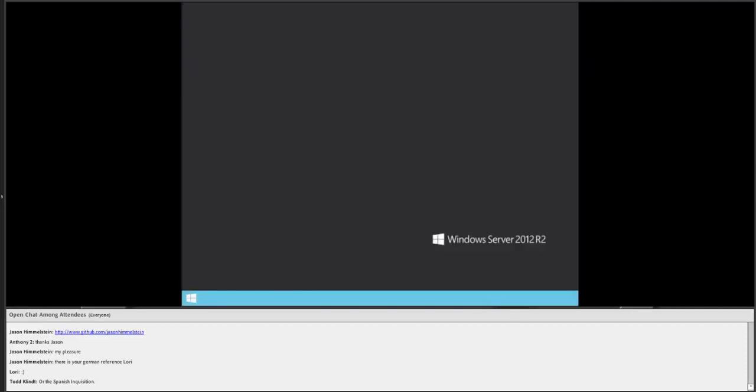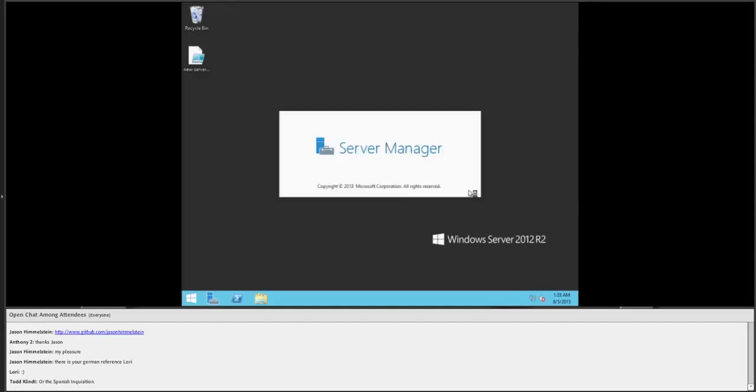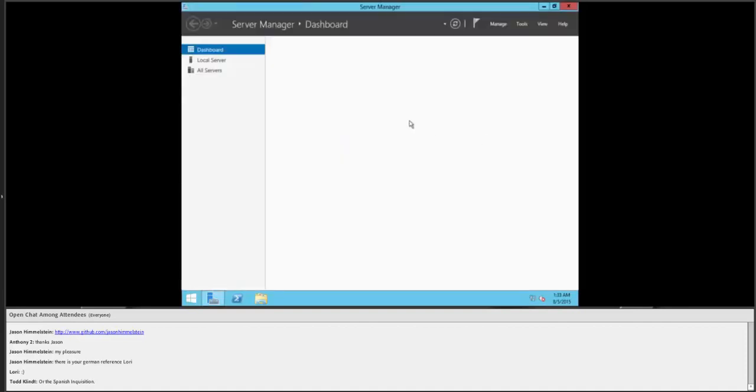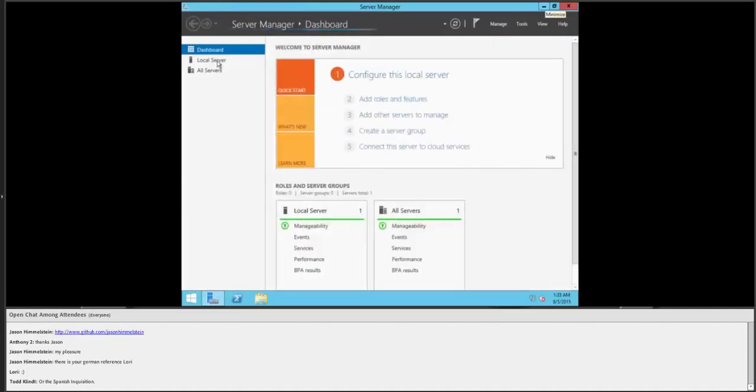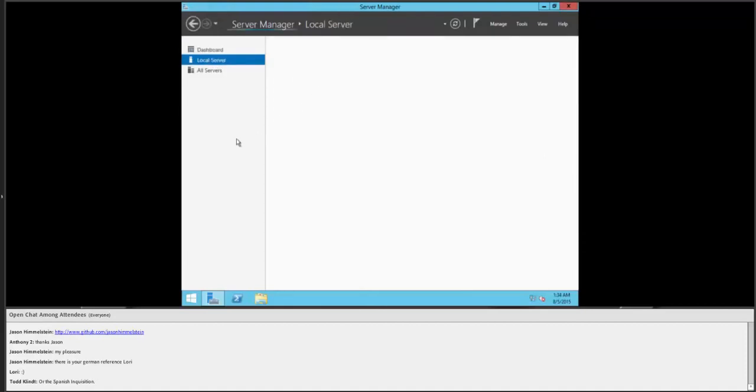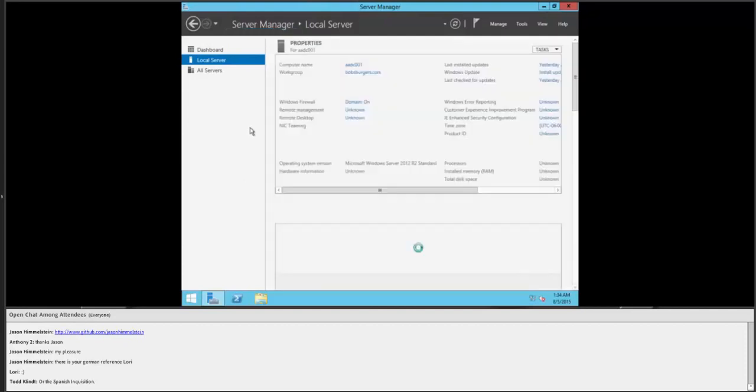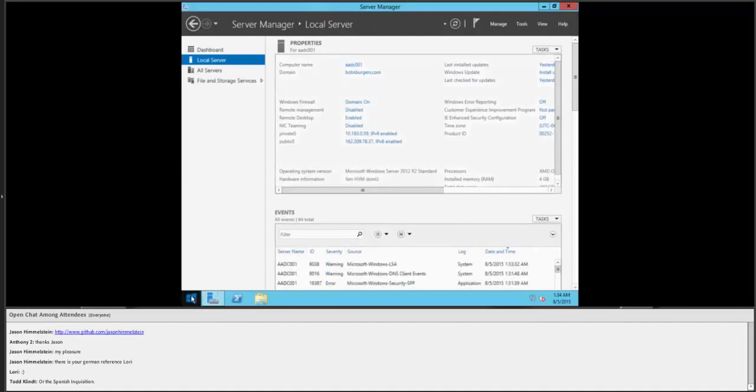Yep. There's our server coming back up after joining the domain now. And we're going to give it just a second here to do its hoodoo. And here we are. So now we come in, we take a look at our local server, and you will notice here in just a second that it is going to be a part of the Bob's Burgers domain. And there it is. There we go. So bobsburgers.com, fully qualified domain,